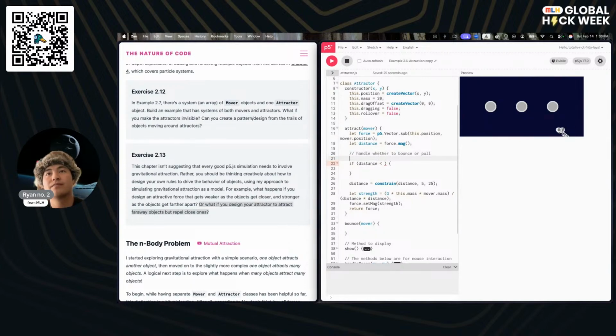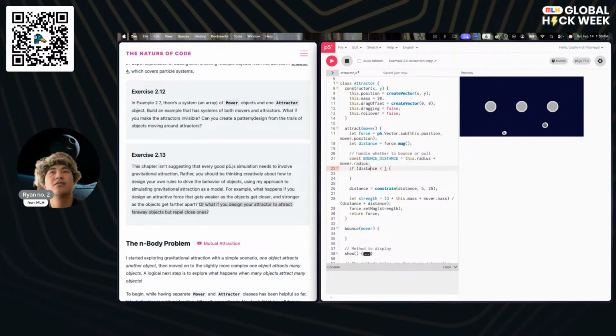So then const bounce distance is going to be equal to this dot radius plus mover dot radius. If it is less than the bounce distance, then we're going to make it bounce. So then apply the bounce force.